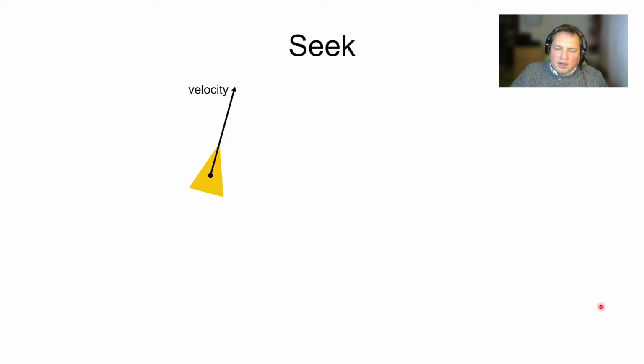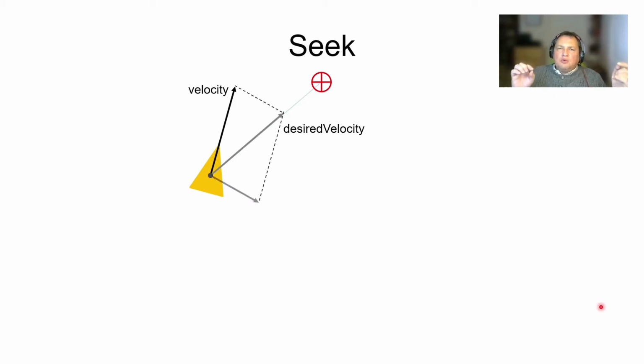So here we have our autonomous agent. You can think about it as a fox with its current velocity, and now it spots something that it wants to seek. For example, a rabbit. Therefore, its desired velocity will be pointing towards the desired goal. And having this, we can follow on with the calculation of the steering force, which will be exactly as shown in the previous slide. Let's have a look at some pseudocode, which is nearly C++,